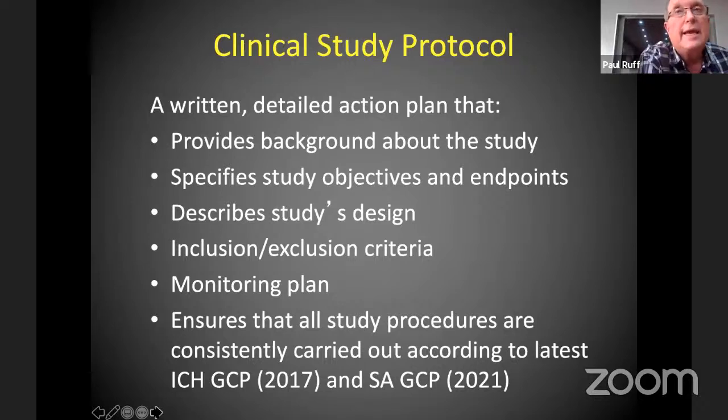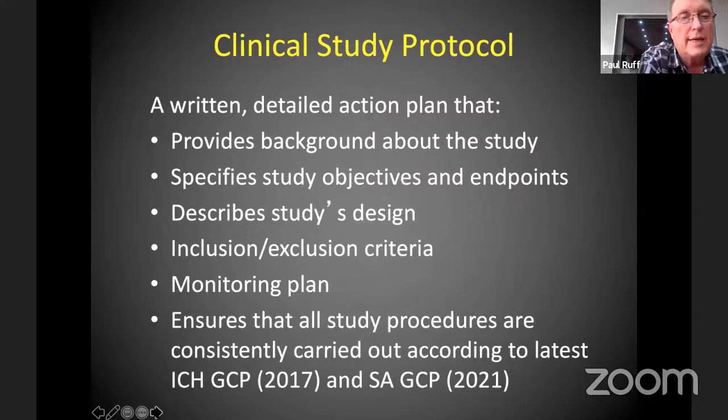But basically anything using a registered medicine in an unregistered indication, or if you want to use a higher dose, or if you want to go from an IV to a subcut formulation, anything like that is a new study. But if everything is still the same, then you don't have to do a submission and you can apply for a notification. But basically anything else needs a clinical study, and you need to submit a protocol, which is a